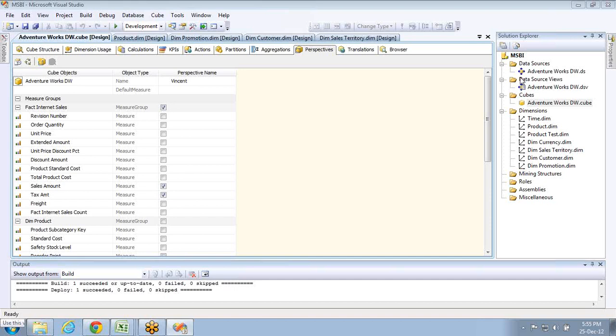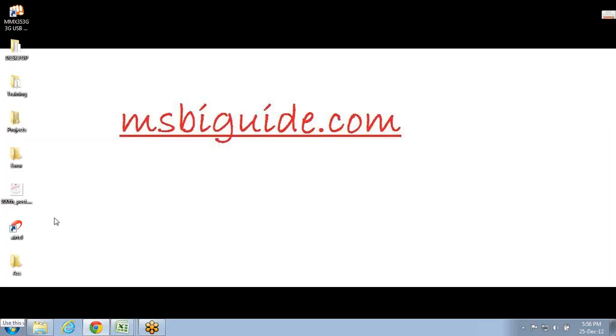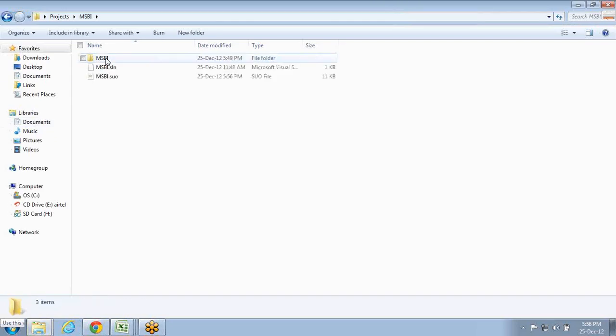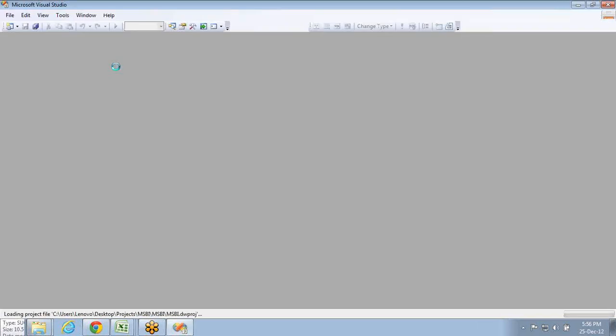Now, let's jump into the last topic for the day. We have a solution file. Whenever you create a new project, one solution will be created. Let me close this and show you where the solution is present. Under projects, I have given the path as desktop. That's why it has been created on the desktop. This is the solution file, and if I open it, the project will open